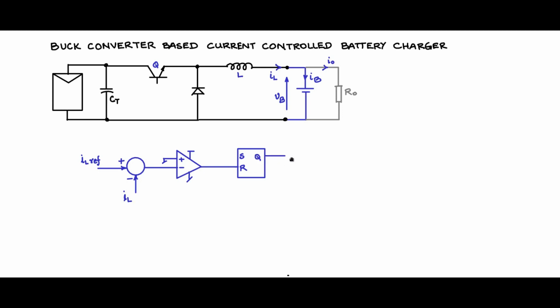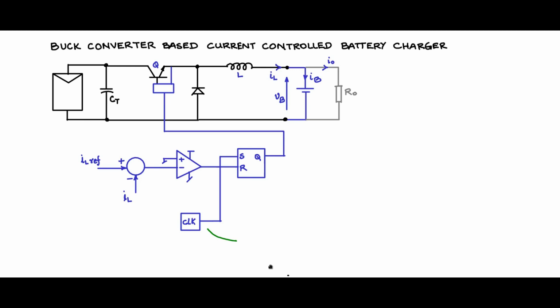The output pin of the SR latch is going to get connected to this gate drive circuit or base drive circuit in this fashion. So output of the SR latch Q gets connected to the base drive circuit, which will drive this on or off. So how does this operate? Before that, there is something we need to connect to the set pin also. So let me have a clock block. So the clock output is connected to the set pin of the SR latch.